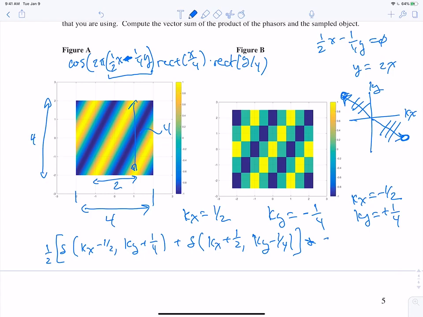Convolved with sinc of 4 kx, sinc 4 ky, and then the 4's come out, so there's also a 16 multiplied by 1/2, so that's 16 over 2. Okay, so that's